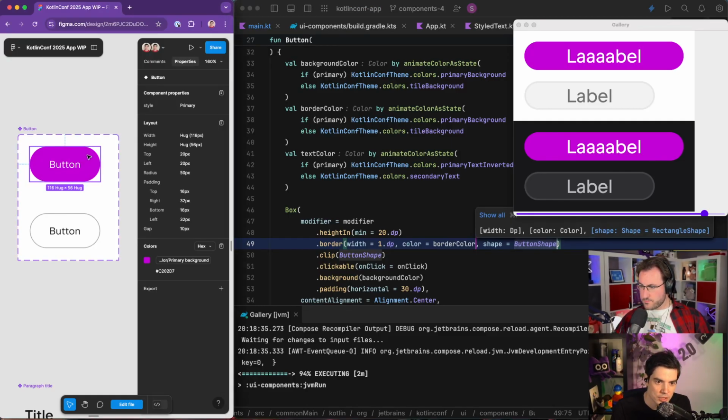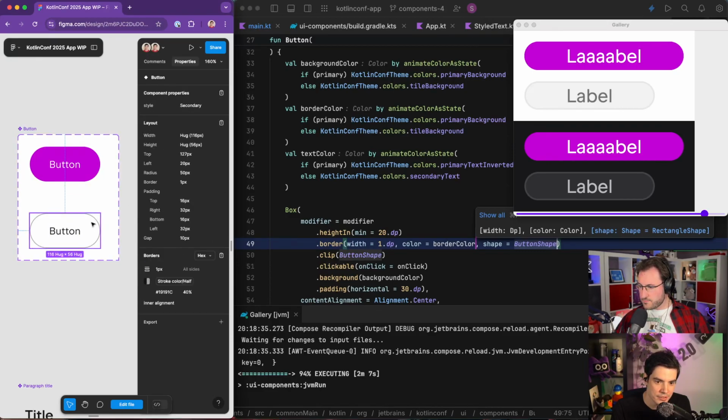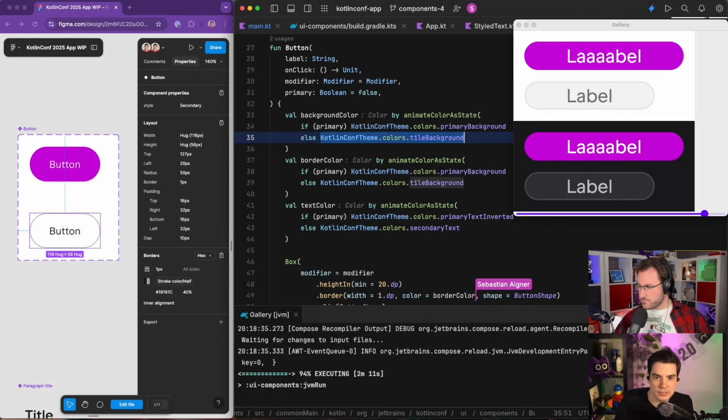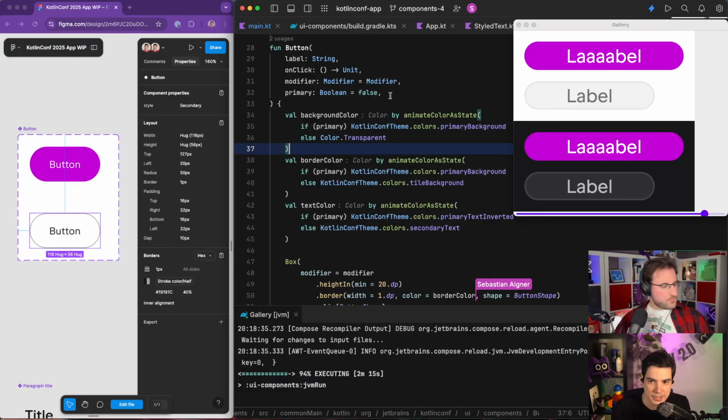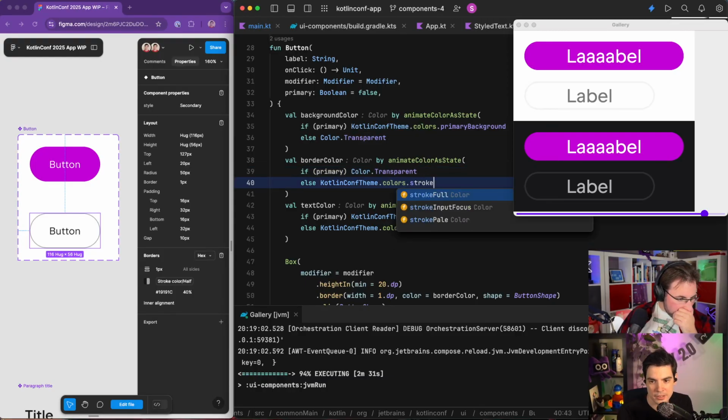So if it's a primary button, it should have a primary background. Otherwise, it should have, well, no background, I suppose. So like color transparent, otherwise primary. That's good. We can hot reload, and that will happen. The stroke color is transparent if it's a primary one, because it just doesn't have one. So if primary, then stroke is transparent. Otherwise, it's